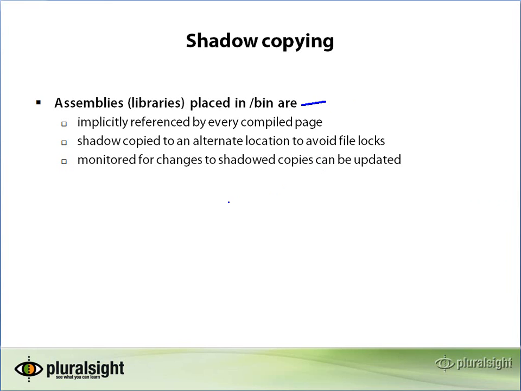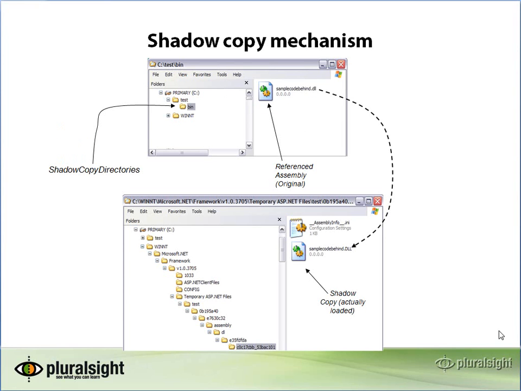Traditionally, when you deployed binaries to a web application in, say, classic ASP, if it was, say, a COM component, you would have to shut down the server to release references to the binaries so that you could redeploy the new copy. So what they did in ASP.NET was they introduced this technique called shadow copying, which is actually a feature of the .NET runtime, which when you're loading an assembly, instead of loading the assembly directly from the location where it's deployed, which is going to be here in the bin directory, .NET will implicitly copy that up to a